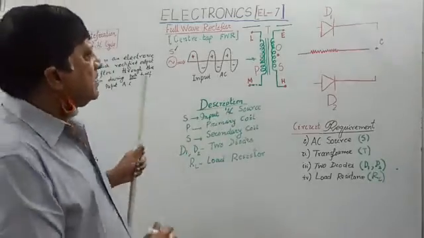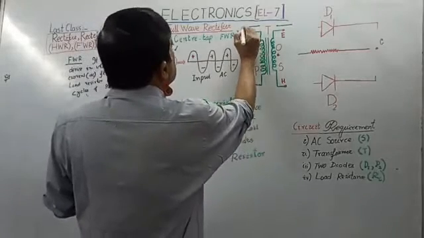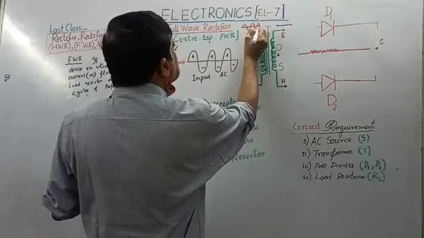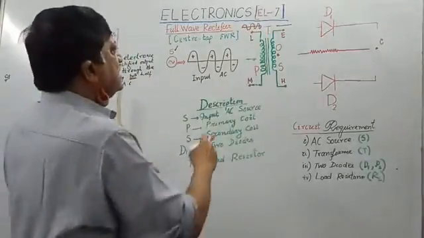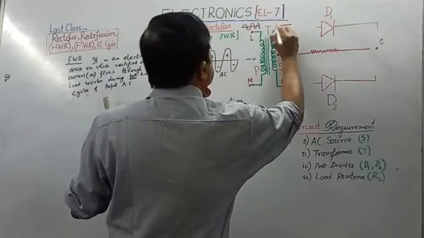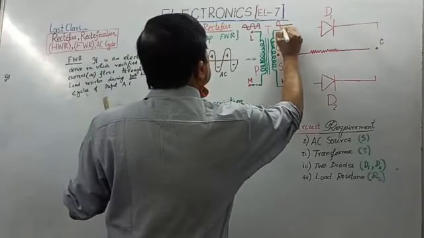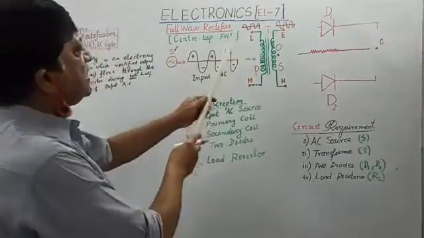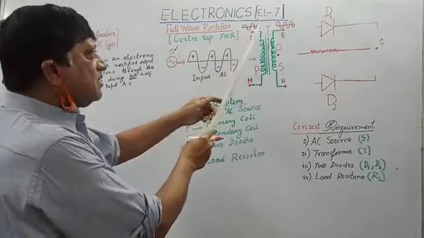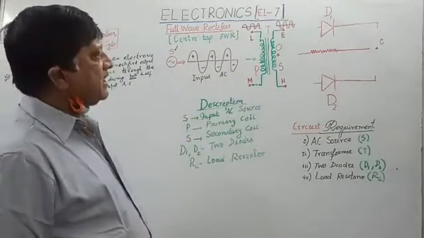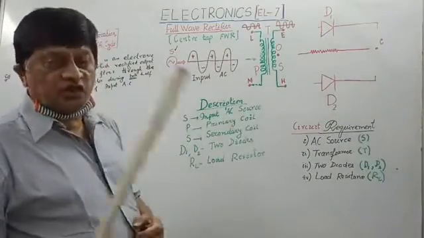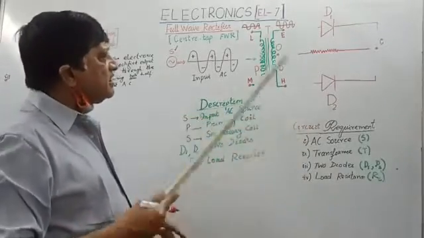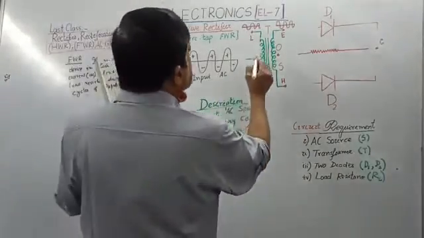Okay. Then what are you giving here? You are giving here AC. You see, AC is applied. And what does the transformer give you? AC voltage. Mind it. Remember it. Transformer is not a rectifier. It merely transforms the level of AC from one level to another level. That's why it is called a transformer.